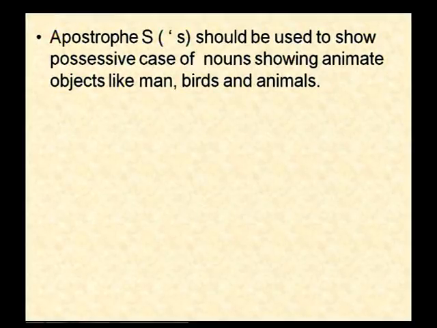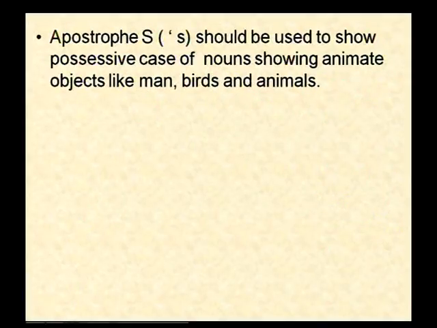Now, what is the use of apostrophe s? It is used to show the possessive case, to show that somebody has something, with animate objects like man, birds and animals.